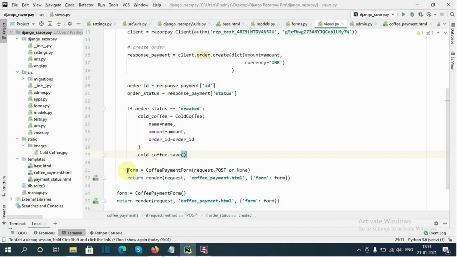The form and the return statement should be inside this order status if block.